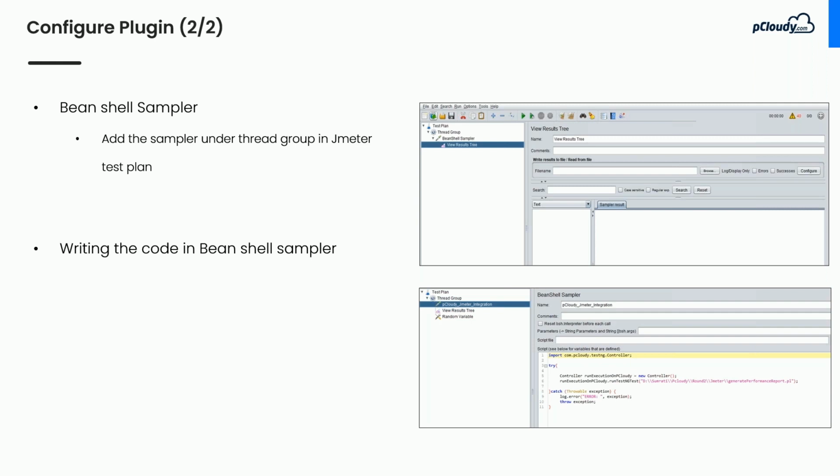Now, what is this code all about? In this code, we are importing the controller class. If you remember, Nilesh has shown the complete code which has the controller class. In this space, we are importing that object, and this obviously is coming from the jar which you have just imported into the library of JMeter. So this class file comes from there.